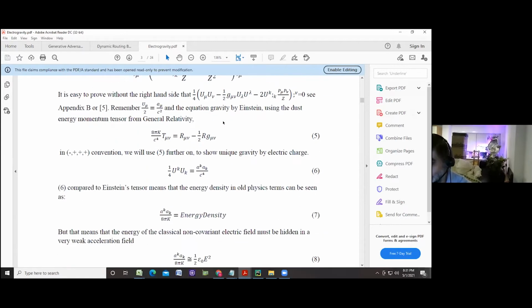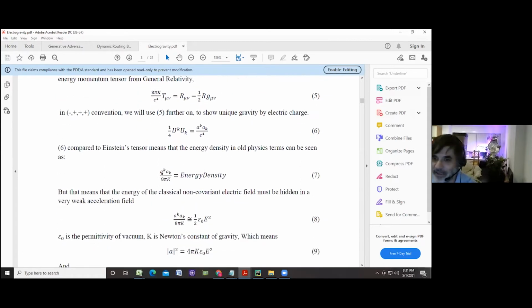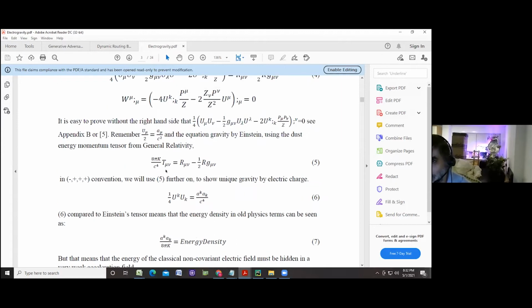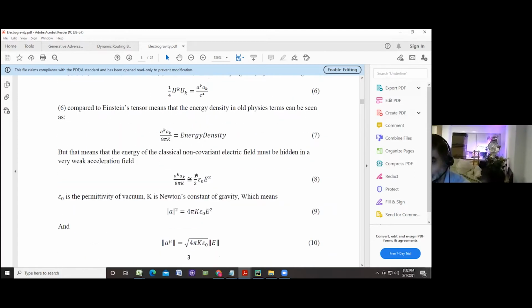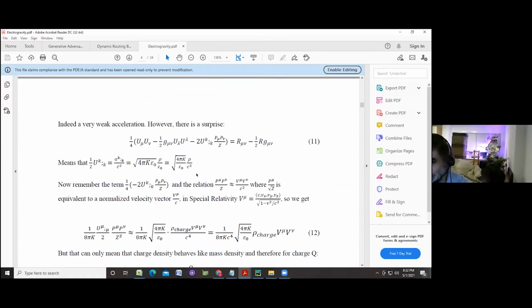So there is a further discussion that tells you that these terms like acceleration squared divided by 8 pi k, where k is Newton's constant of gravity, actually equal energy density. There is a discussion that explains why it's like that, and why this acceleration divided by c squared is this term here. You see what I marked here. Why the Reeb vector is actually equivalent to acceleration divided by c squared, and you just go on with this development and you get something extremely